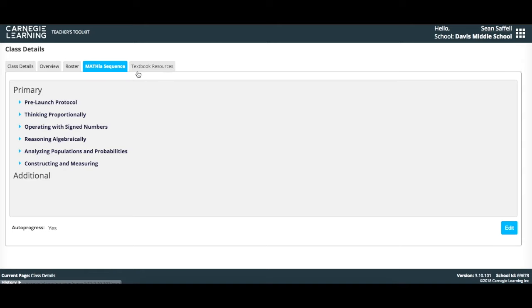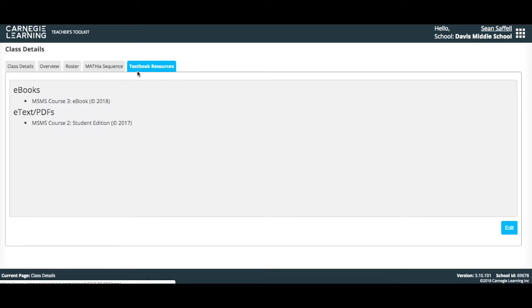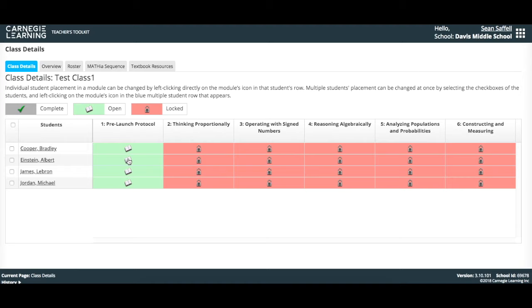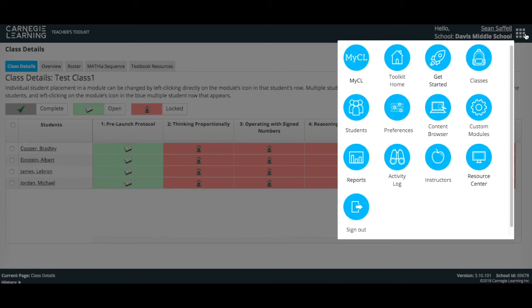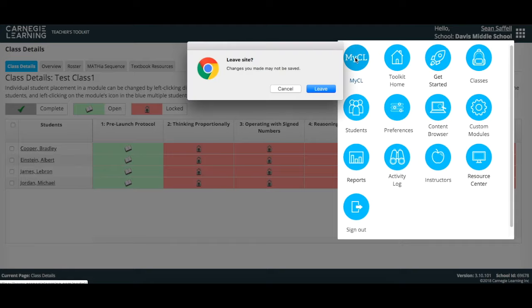But these are some different things that you can check. You can check what your textbook resources are. So this class has access to the ebook and the ePDF. In a different video on Mathia for students and ebook for students, I'll go through what it looks like on the student end, but this is what it looks like on the teacher end. So I'm going to head back to my CL and